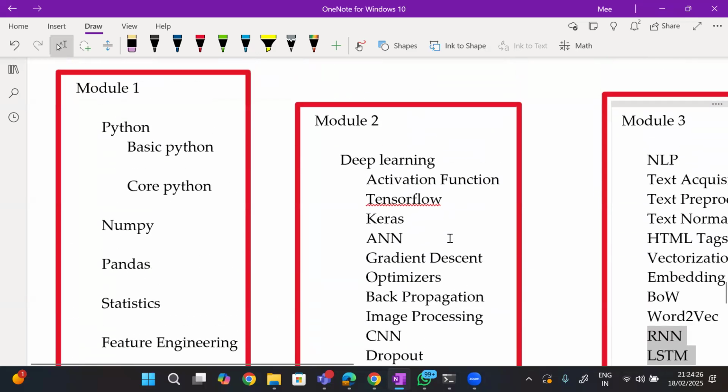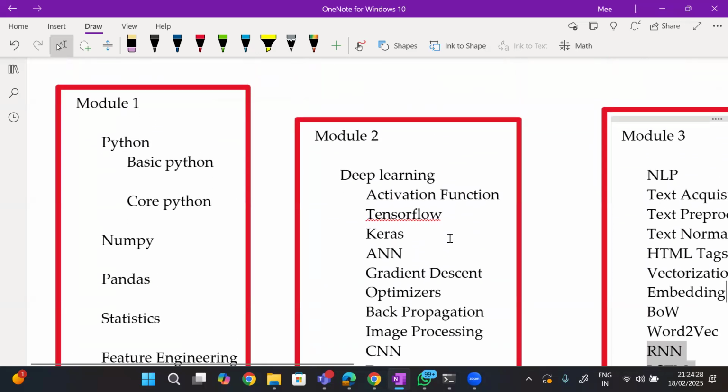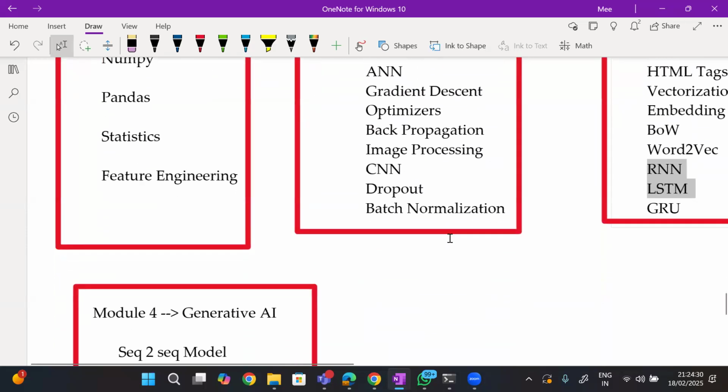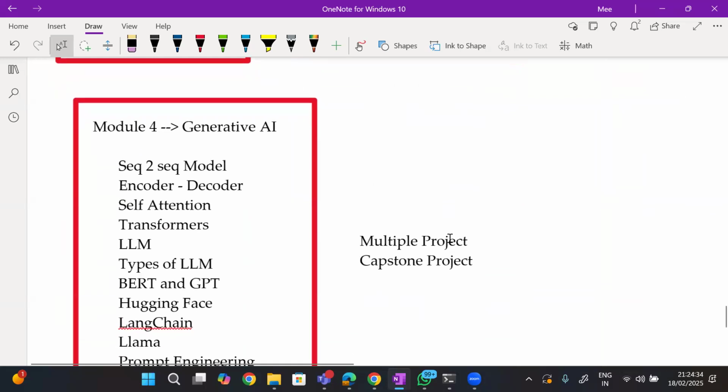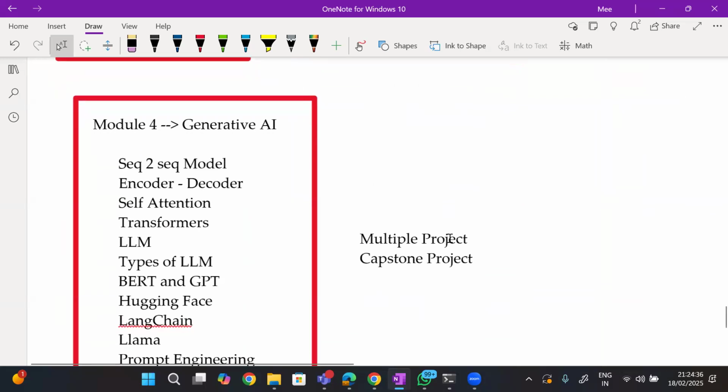Any more questions, guys? One more, sorry. At the end of the course, if you are looking for a job, what title should we look for? You are from the US, right?